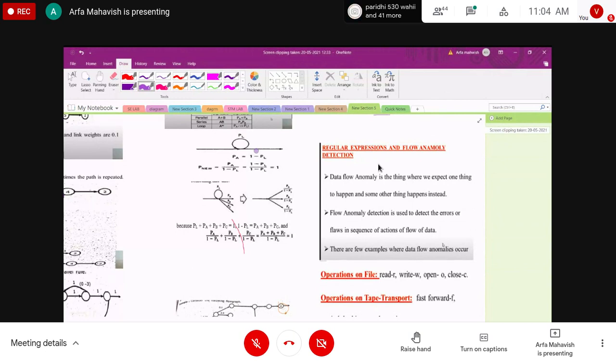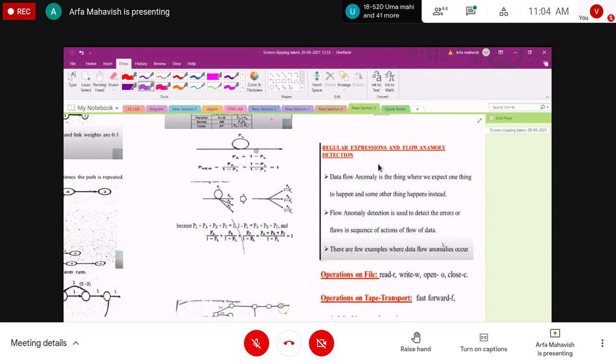For example, if I am typing something from the keyboard and I write some misspelled words, the system will alert me that this word is misspelled. So at that time you have to reduce that.